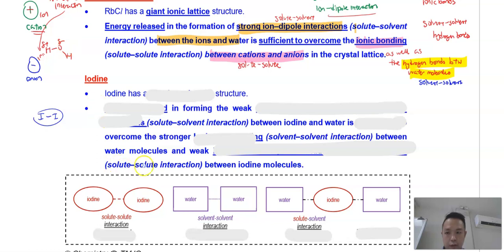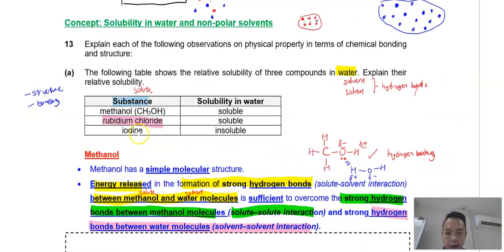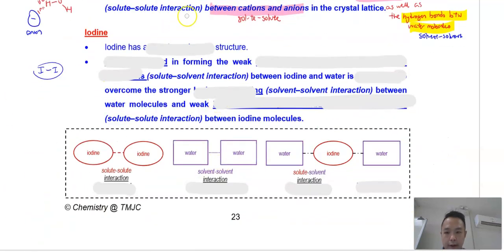Okay, moving on to the last example for question 13a of the chem bonding tutorial. We are supposed to explain why iodine is insoluble in water. Iodine, we know, has a simple molecular structure. For iodine, because it's non-polar,